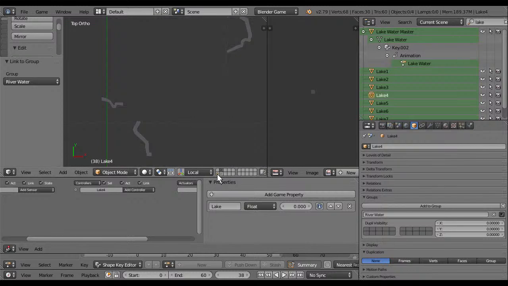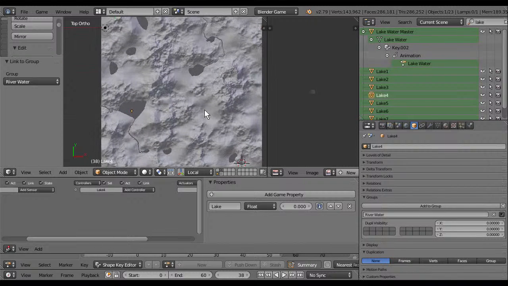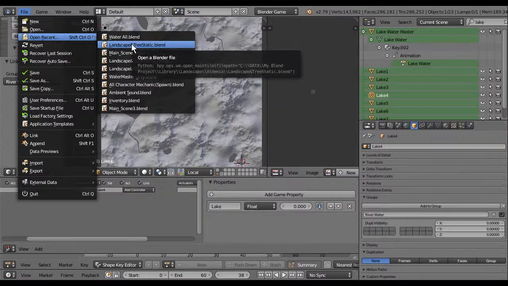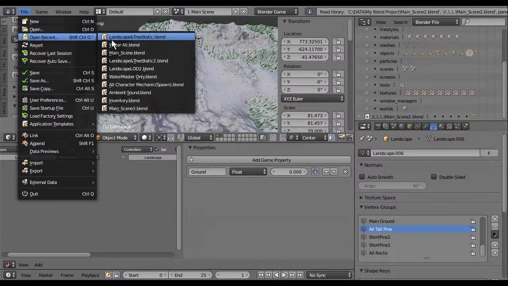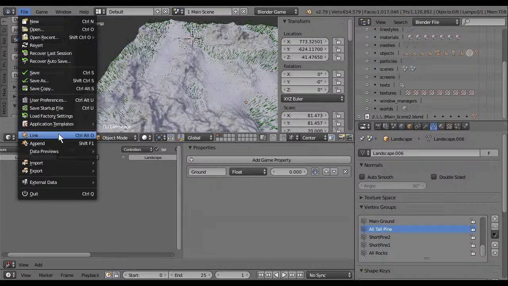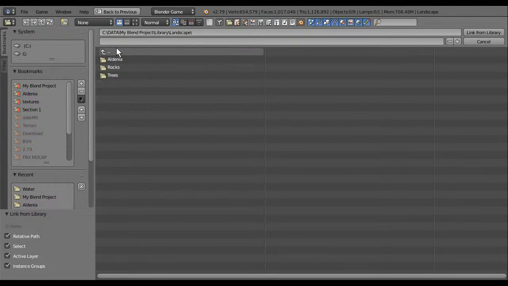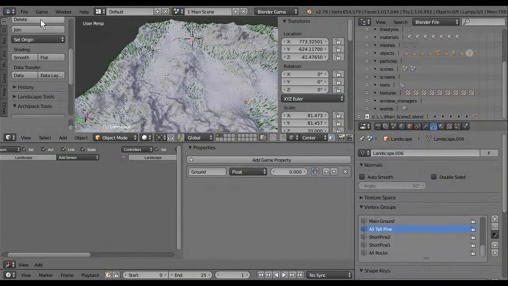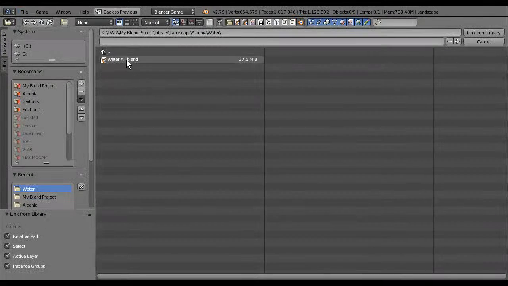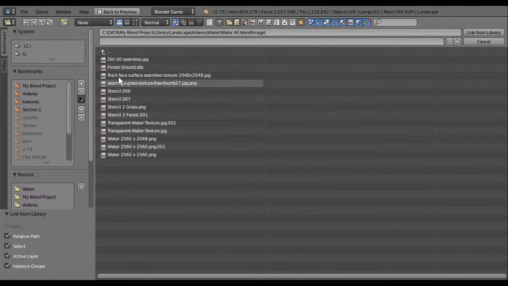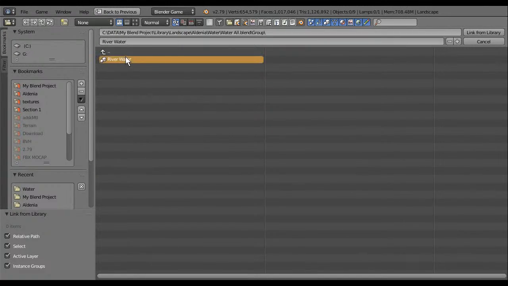Let's go to here. This is the river. It's named for the river, I guess. Oh, I just grouped, not the layers. Let's go to static. Link. Groups.